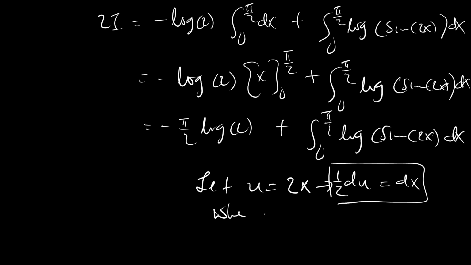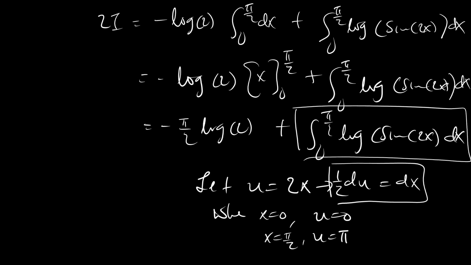When x equals 0, u is 0, and when x equals pi over 2, u is equal to pi, sorry. Okay, so let's focus on this guy here. The integral from 0 to pi over 2 of log sine of 2x